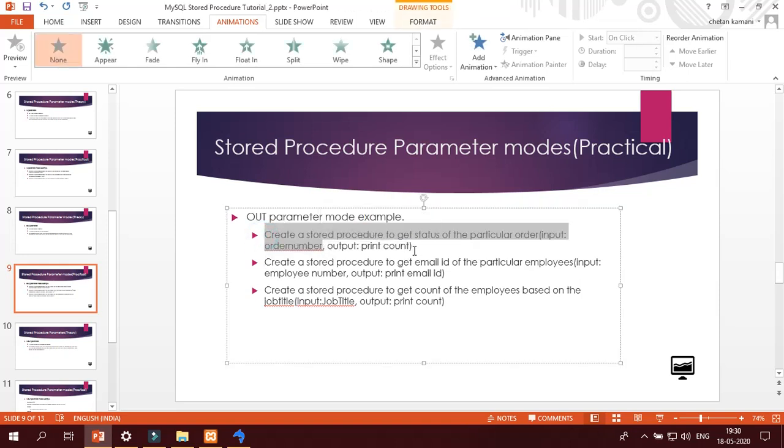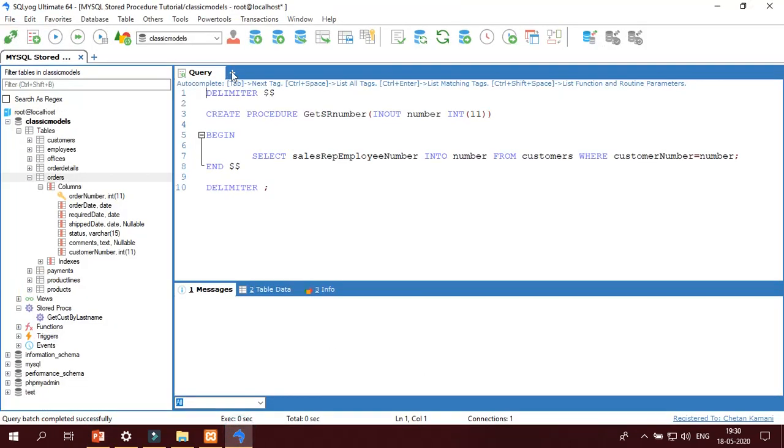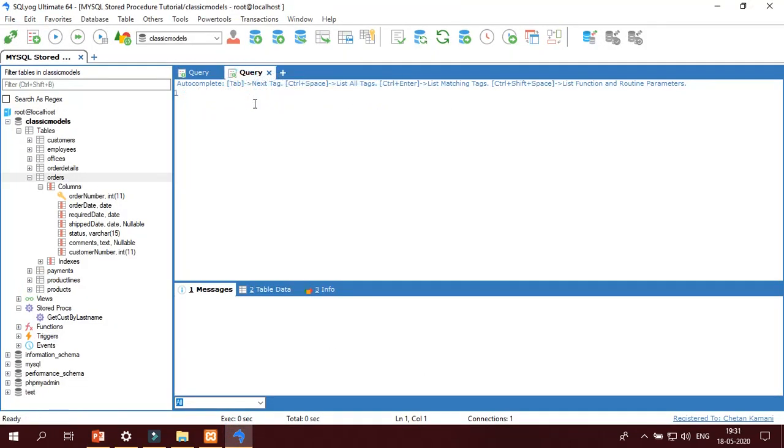Create a stored procedure to get the status of the particular order. It means by providing the order number, we will get the status of the order, whether that order is shipped, on hold, resolved, delivered, etc. Okay, I am going to create the stored procedure for that.